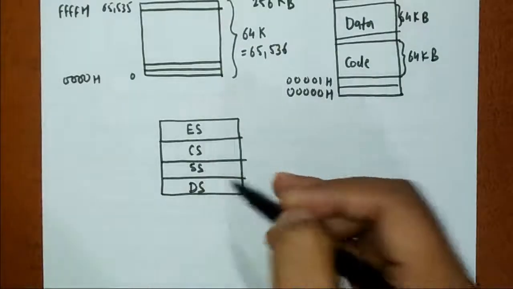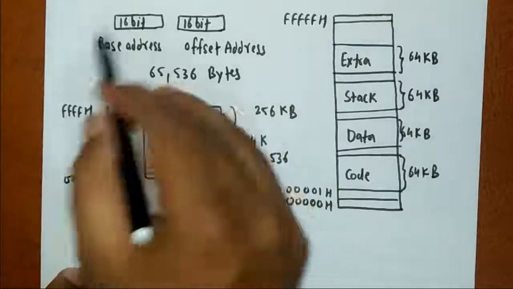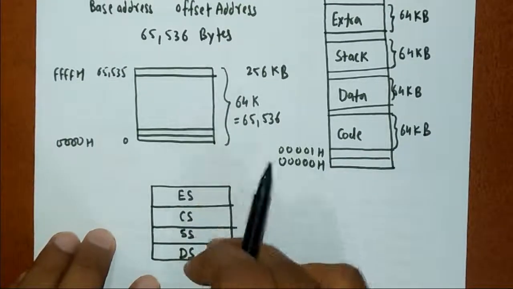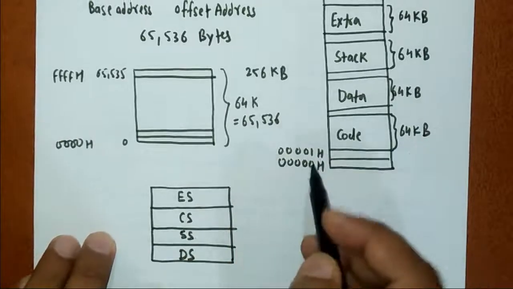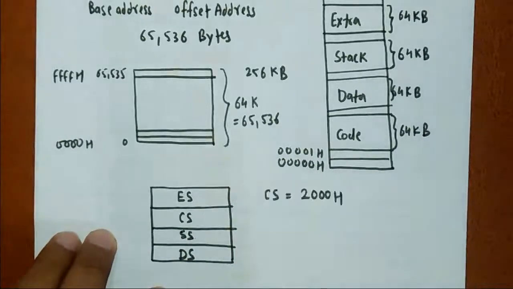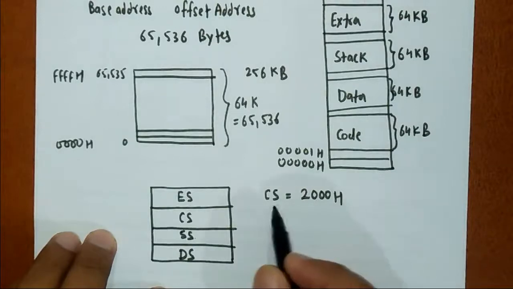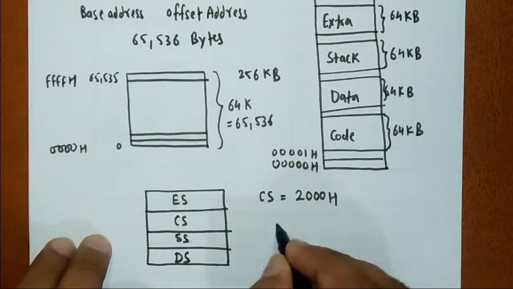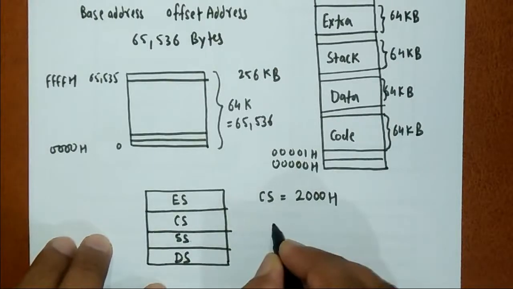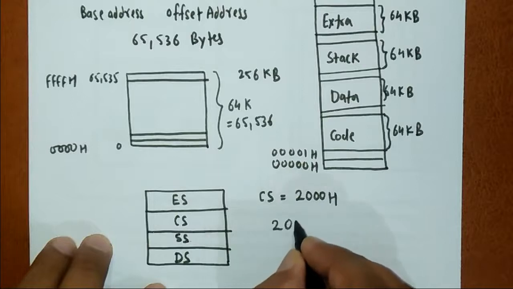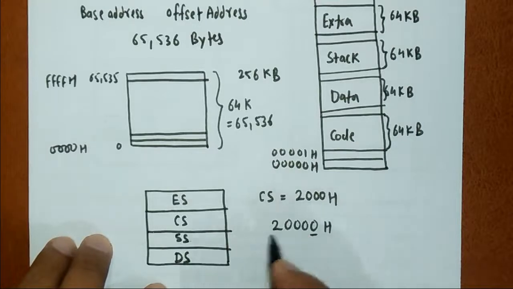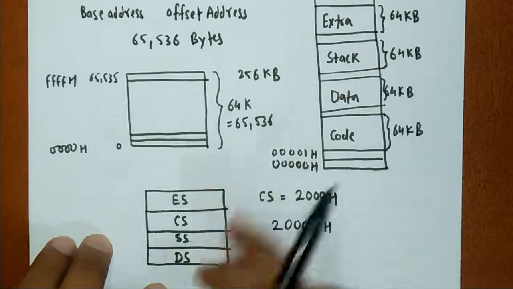These are 16-bit registers. The value that we put here will behave as the base address for a particular segment. The value present here tells us the starting 16 bits of the 20-bit address. So if I have kept the value 2000H in the code segment, then the 8086 microprocessor by default adds a 0 at the end of this 16-bit value. So ultimately it makes this value 20 bits, and by adding a 0 at the end we get the first address of that particular segment.